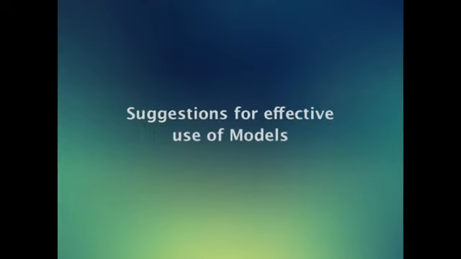The suggestions for effective use of models are: number one, models should be large enough to be seen easily by everyone in the class. Number two, models may be supplemented with other teaching learning materials like charts to help learners to understand the relationship. If it is a working model, a teacher should check before use in class. Next point is, learners should be allowed to touch the model and feel it for effective learning. Then we have fifth point, true colors should be used in models for realistic learning, as it also makes the